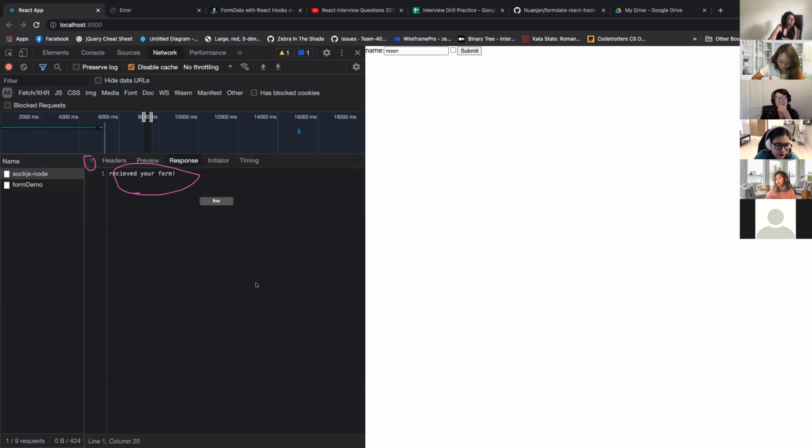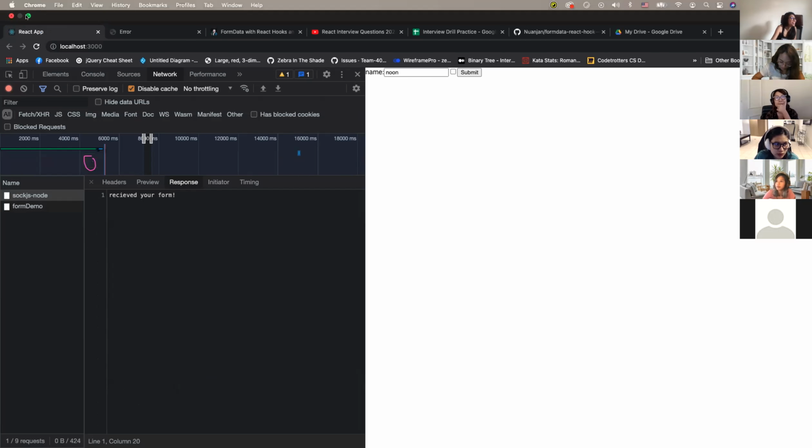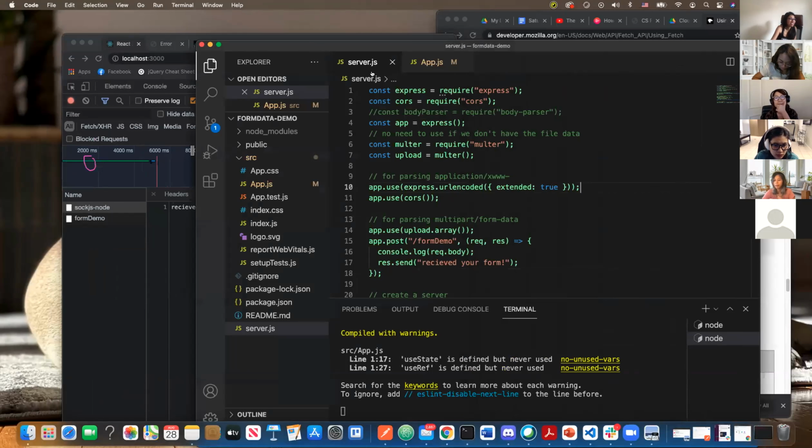So if you change this, Nun, can you go back to the server.js? To the server code, your server code, in VS Code. Go to server.js, and then go down to .send, right? You change it to